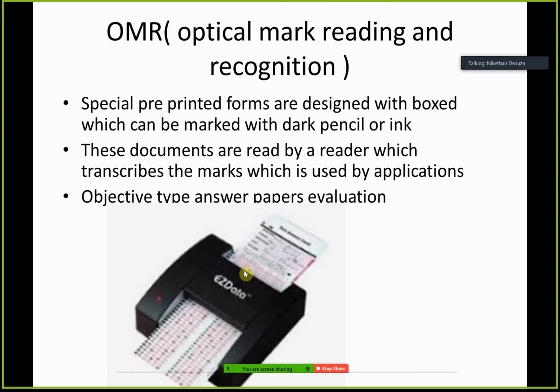Next comes the OMR, that is optical mark recognition. There will be an OMR sheet where we can circle or darken the area. These darkened areas will be read by a feeder. This is a feeder, and these marks are black annotations. These marks are converted, where each mark has a meaning. It is converted directly into the computer so that the evaluation can be done very easily.